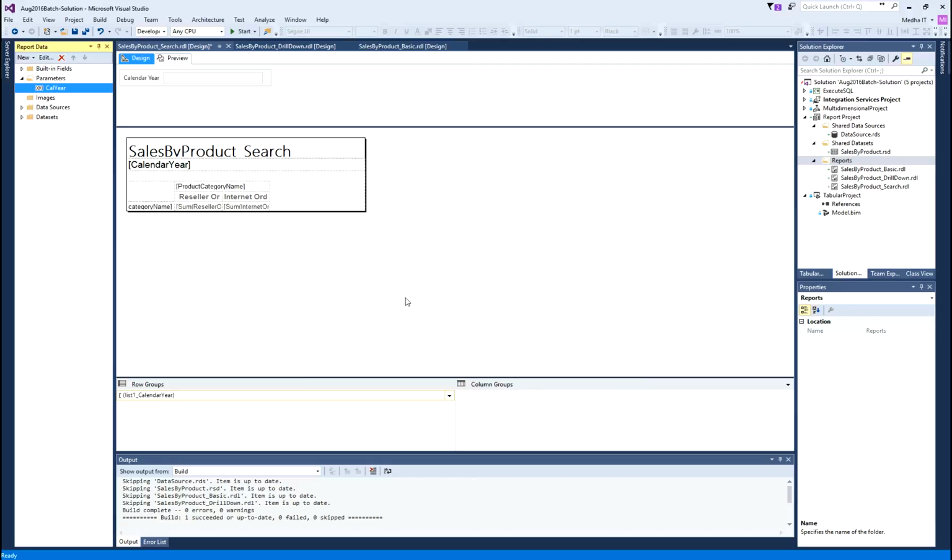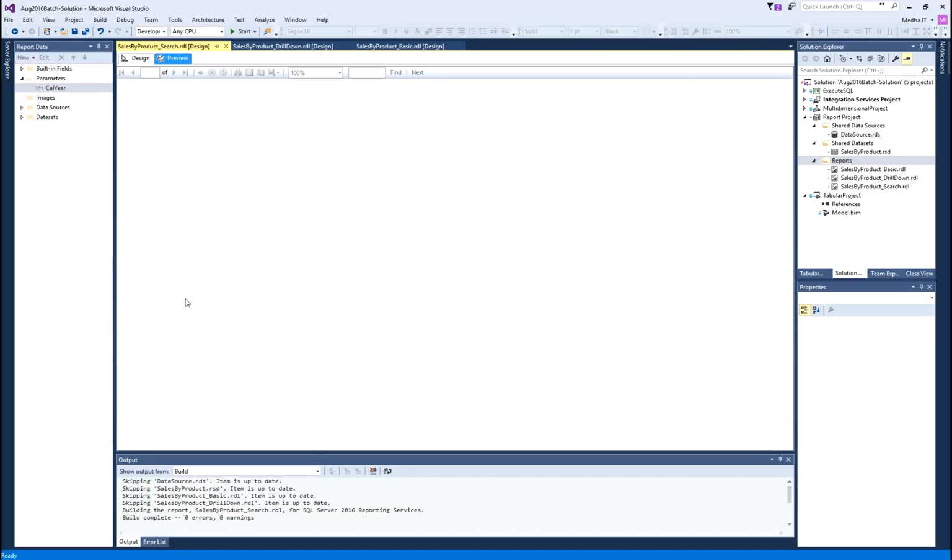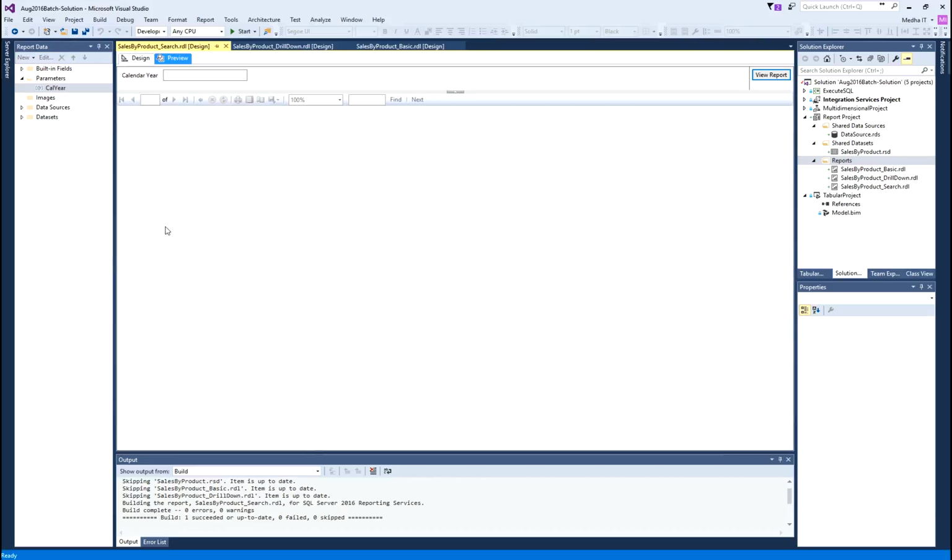So, click OK. Now, let us preview the report. Click on preview, and since there is a parameter, I do not see anything in the report. I see the report only after I enter a value to the parameter. So, let us say I enter 2012. I want to see the data for calendar year 2012. I will say view report.